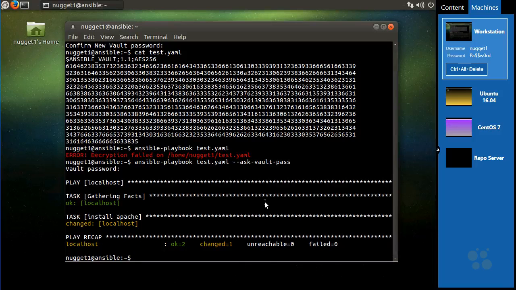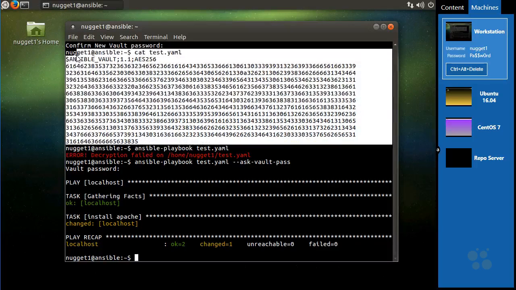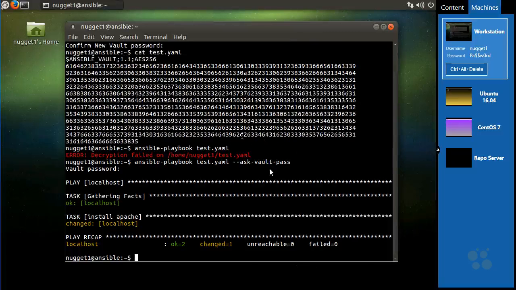So that's actually prompting us on the command line, but it's still interactive, right? I mean, if we did this, we could have just entered the sudo password rather than encrypting it or whatever. So this doesn't really save a lot of time. It does give you more security because your entire playbook is encrypted, but if you want to do this without any user interaction, right, you don't have to type the password,